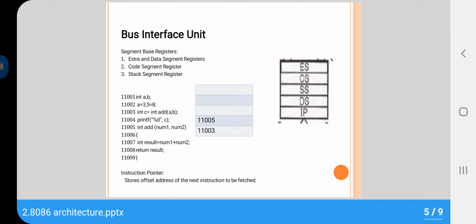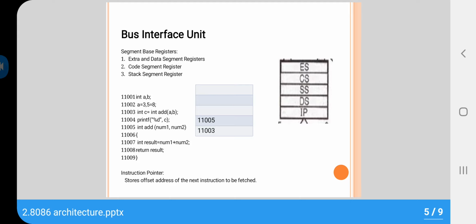Instruction pointer points towards the 16-bit offset address which gets combined with address from code segment to get address of next instruction to be fetched from memory. From a small example, the use of stack segment will be clear to us. We know stack works in LIFO fashion, last in, first out. If we stack the chairs one above the other, we are able to take out last chair first. Similarly, when the addresses are pushed on the stack segment, the last address from stack gets popped out first to execute the instruction from that address.